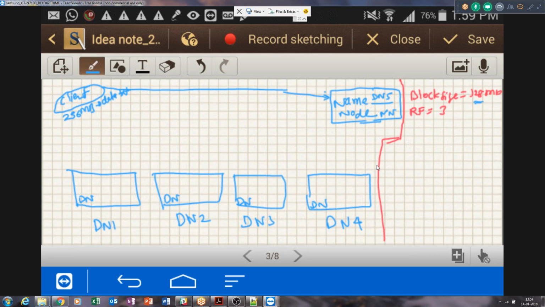They need to keep signaling the name node at certain points in time, so that the name node will always be aware that these data nodes are available and alive, in healthy status, and can be used to store the data. So this is one use of the network between these nodes. All these data nodes 1, 2, 3, and 4 keep pinging the name node every 3 seconds. That is the default. When I say 3 seconds, it is a property that you can set and change, but by default it is 3 seconds.